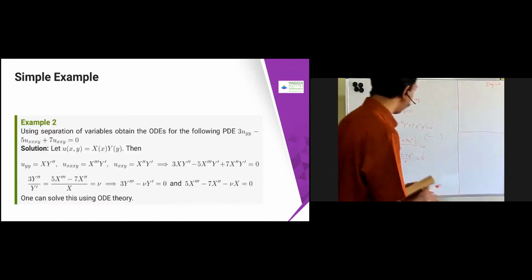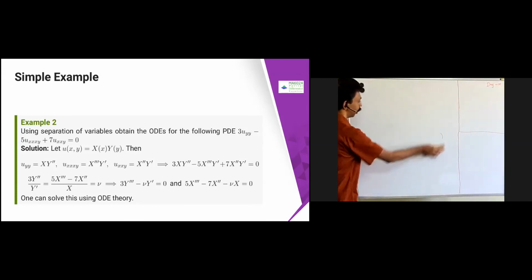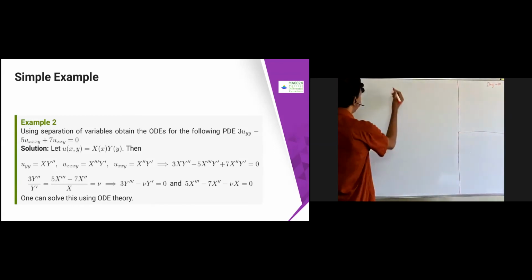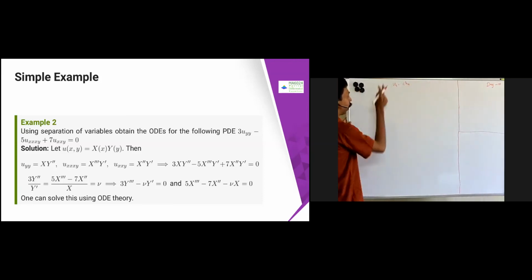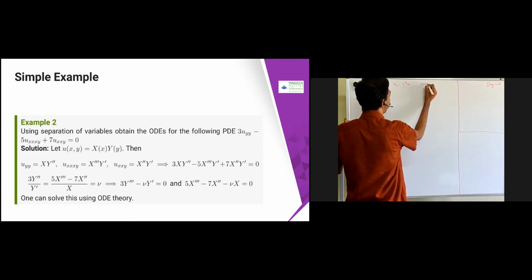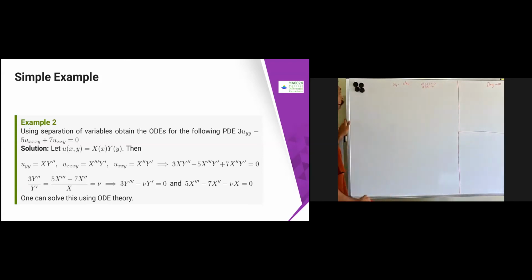Are you ready to solve the heat equation? Yes. Okay, let's solve the heat equation. The heat equation is u_t equal to c square u_xx. The conditions I have given earlier, same thing, you can just see that. Now I am going to consider only the boundary: u(x, 0) equal to u(0, t) equal to 0, I'm taking. u(L, t) equal to 0, I'm taking. We'll come to the initial condition a little later.